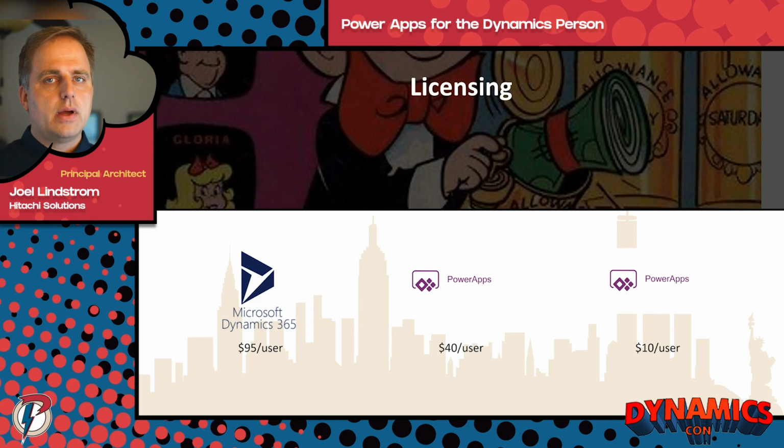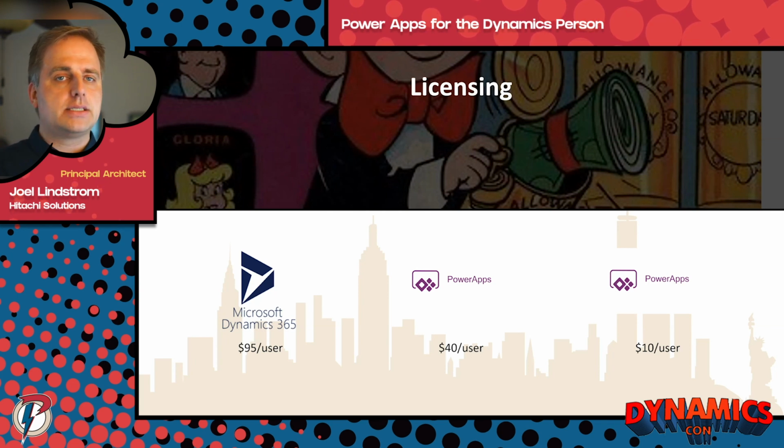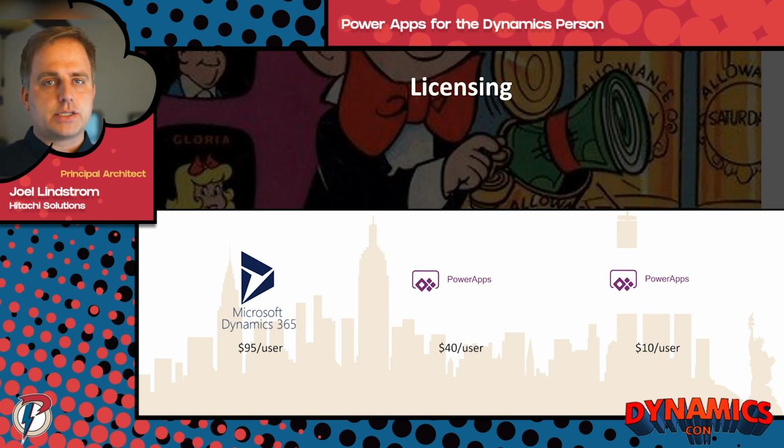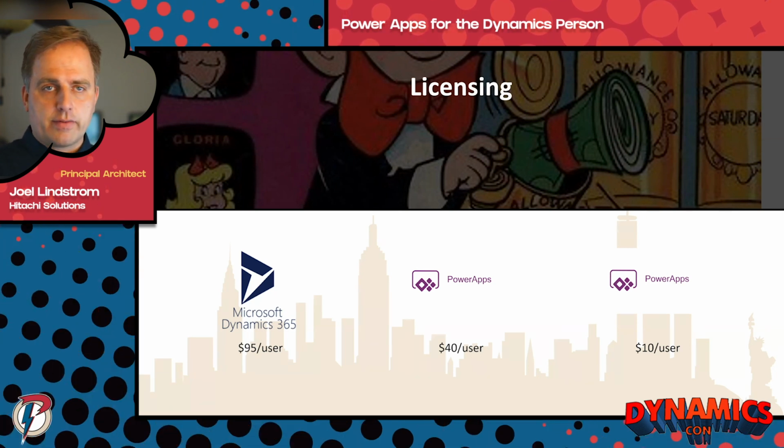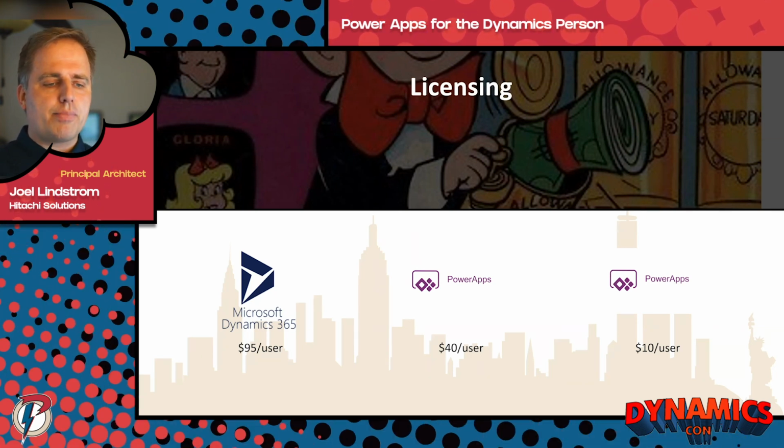So for those people, the Power Apps license gets them the full Common Data Service, model-driven apps, just like in Dynamics, just without the first-party specific apps. And you can have a mixture. You don't have to have everybody have the $95 user. Then if people just need a minimal number of apps, either model-driven or Canvas apps, there's a per app license that includes up to 2 different apps.